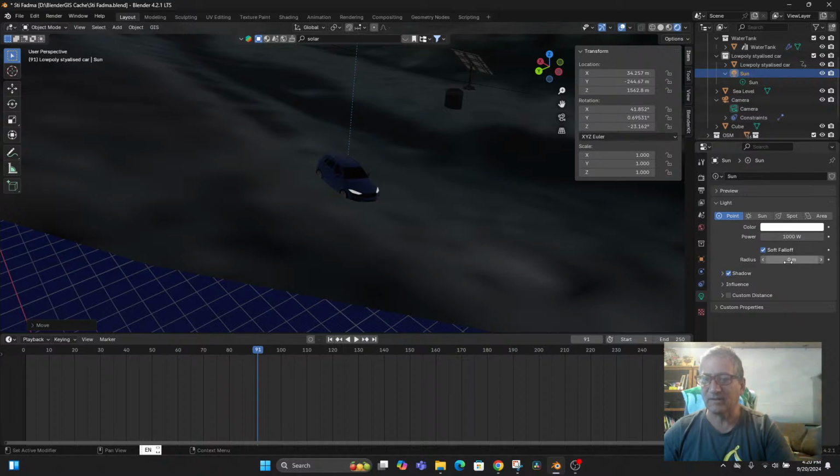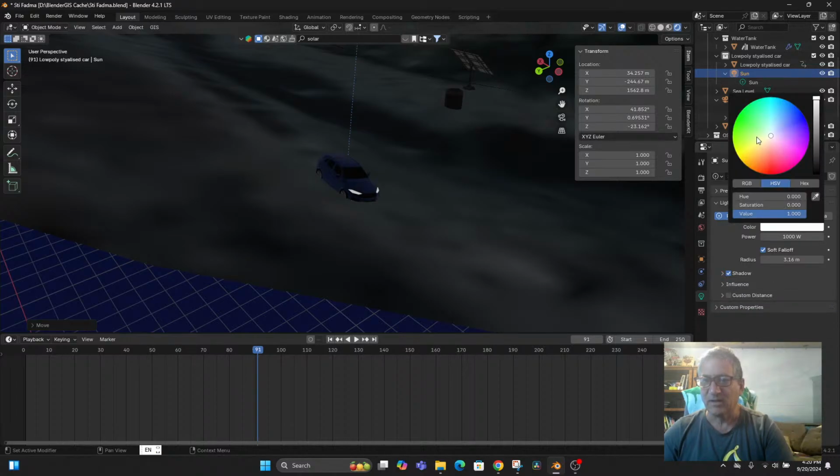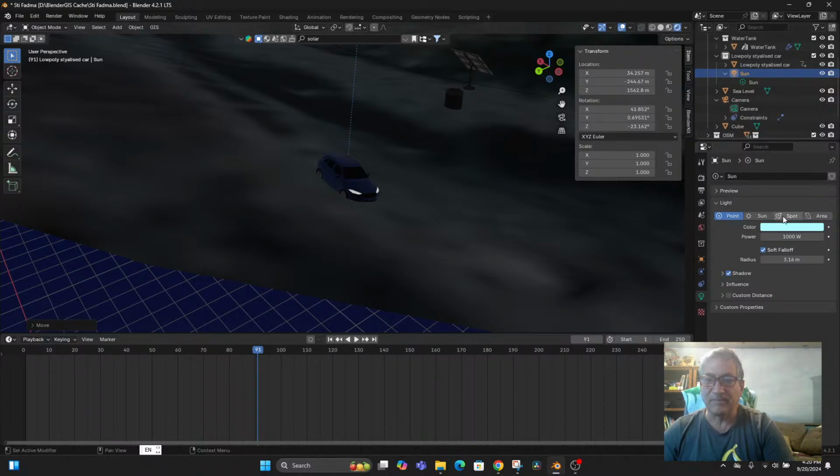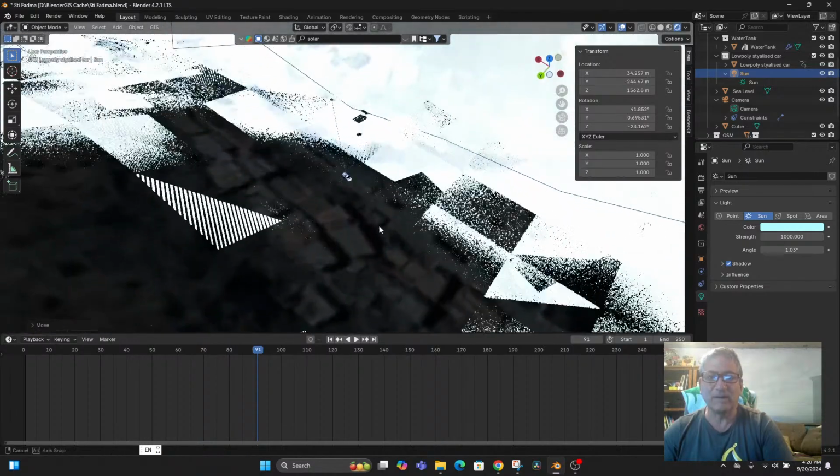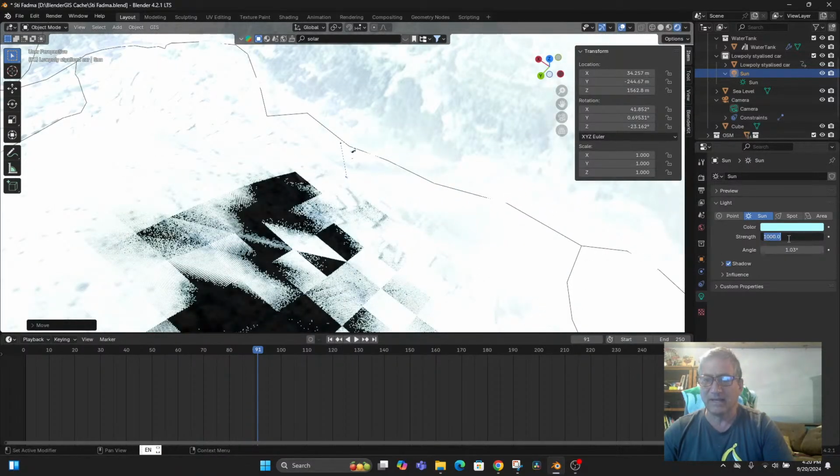So I want to change the radius of it. Of course, we do want the shadow, the influence. There's so much to play with here. Change the color temperature of the light a little bit. But yeah, playing around so that you can get it. And these are big landscapes, so that's why it's